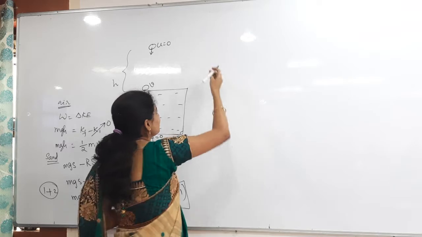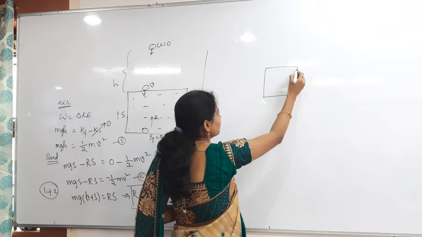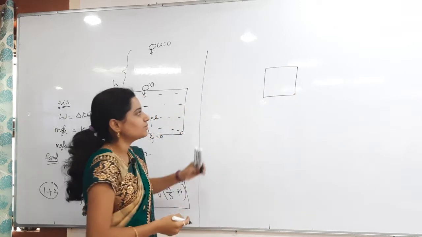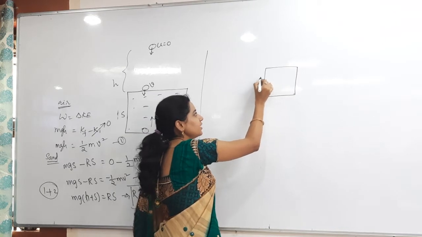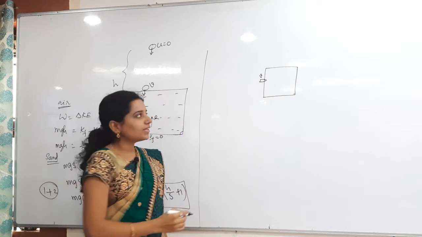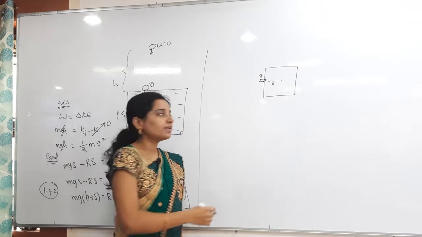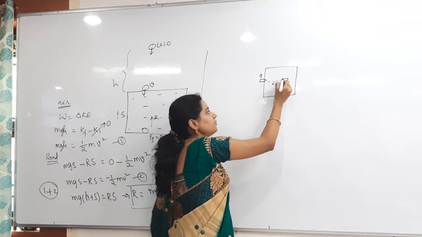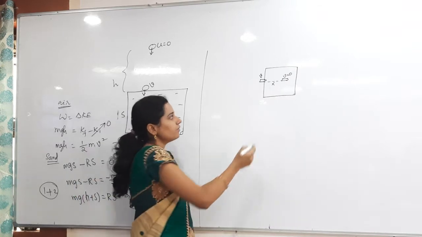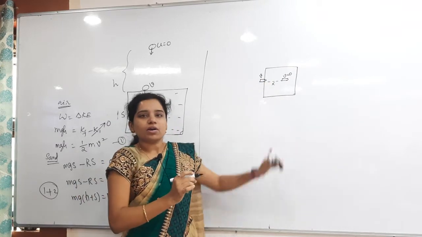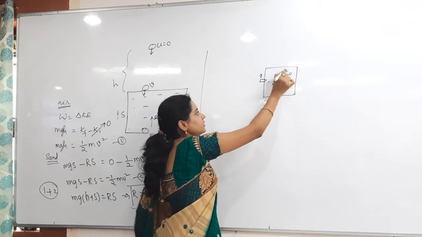What is the answer? m v square by 2F. That's it. So here, how many times will this wood block and bullet come? I don't know, in almost all the chapters. So here what is happening? A bullet is entering with velocity V, and after that it pierces into the wooden block through a displacement x. Finally its velocity becomes 0. Obviously it will get stopped in the block only. Now whenever it is traveling inside, the block offers a resistance force F, so that F is acting in this direction.